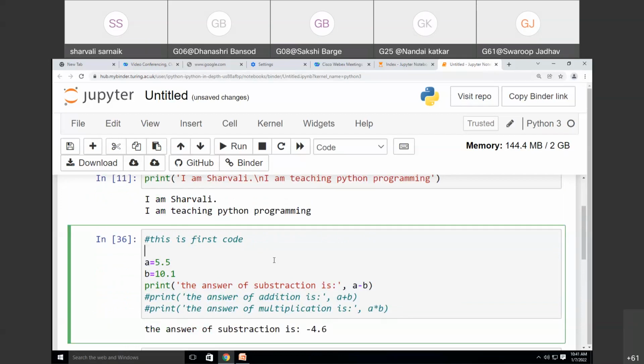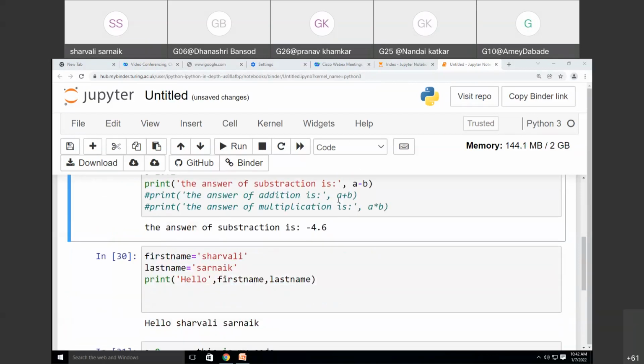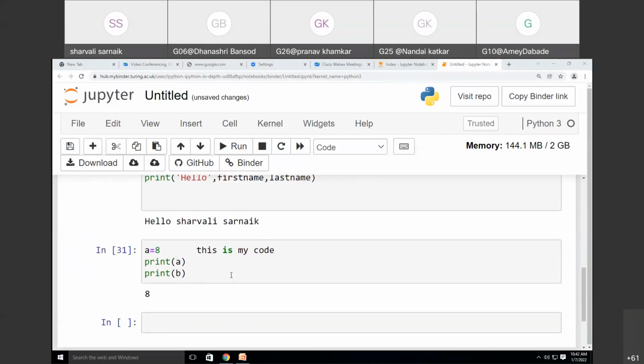You can give your name to that code. You can explain the logic, what you have done, by using the comment. Anything you write using a comment will be invalid in the code. It will not be considered in the code, but it is for a read-only purpose for the programmer. So this is how we can use comments in Python programming. I hope the simple basic things have been covered.